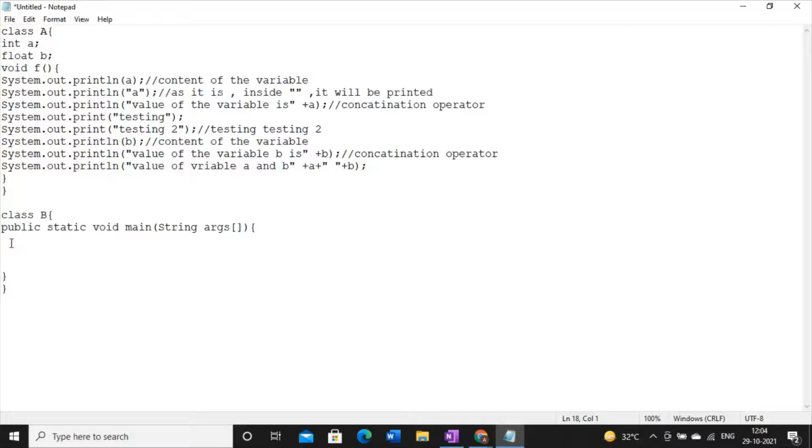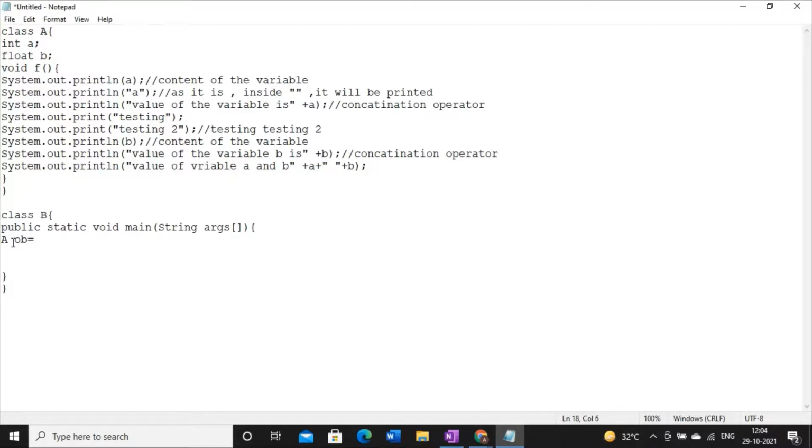So here you can create an object of a class. Let's create the object of a class. Which class are we going to create an object of? So I will write the name of the class, then the object name, which you can give anything in lowercase.